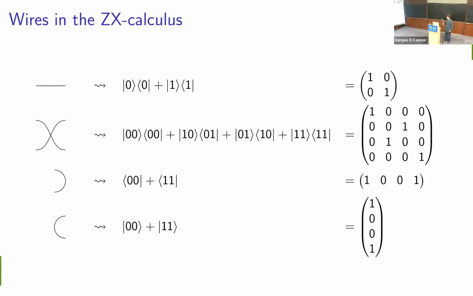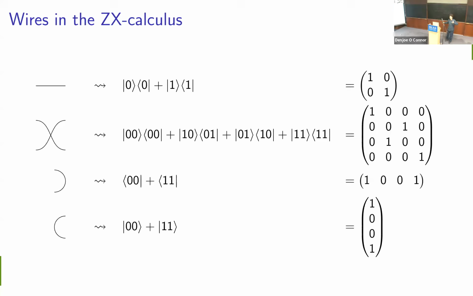But we are also allowed other things, because remember, we don't have to be unitary. So for example, we're allowed to have a curving wire which has two inputs and no output. And we're allowed to have a wire that has two outputs and no inputs. This wire with two outputs and no inputs is basically the partial transpose of our identity matrix. So that gives us this state ket 0, 0 plus ket 1, 1 up to normalization.